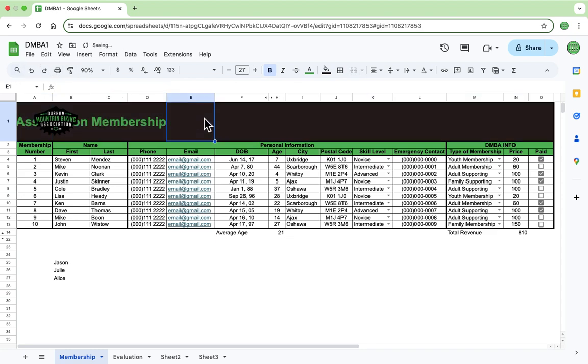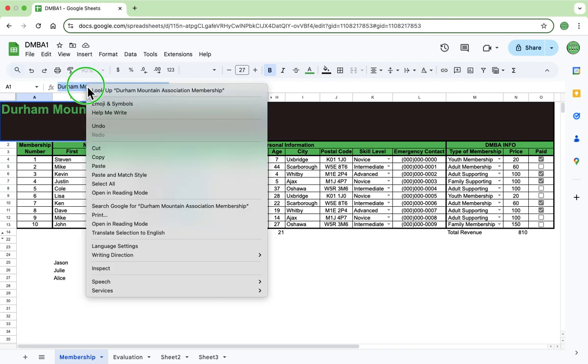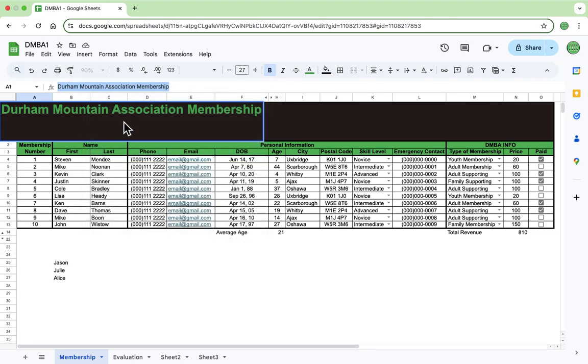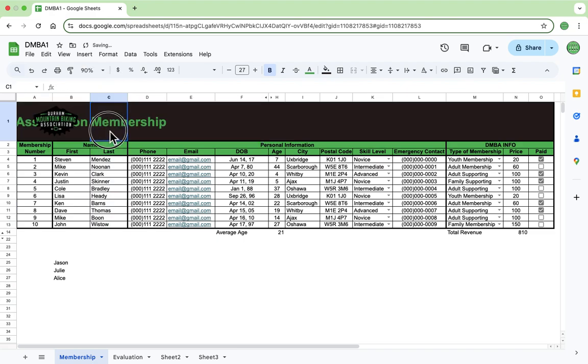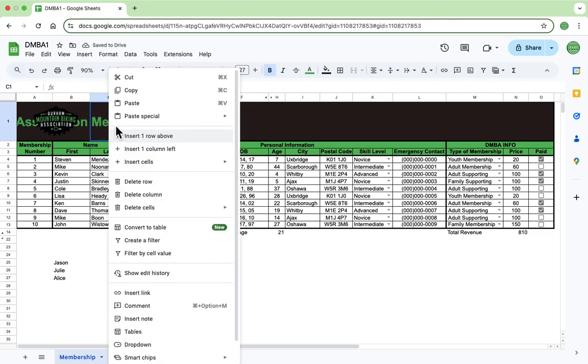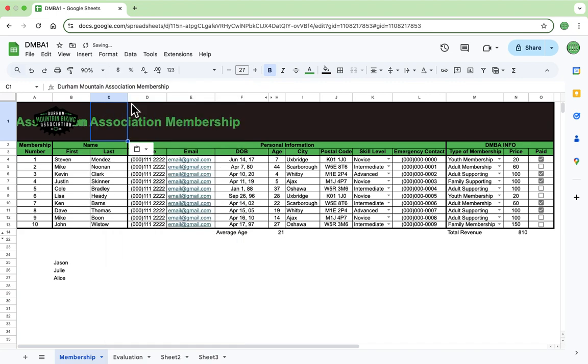Okay. So it's unmerged. It might be just easier to do this. So we're just going to copy it. Right click, copy, and we're going to paste it in cell C1 here. So we're going to hit paste. So now it's duplicated, and we're going to delete the one